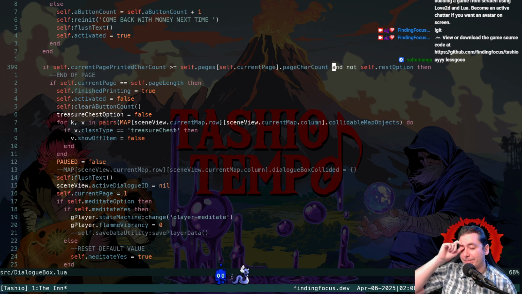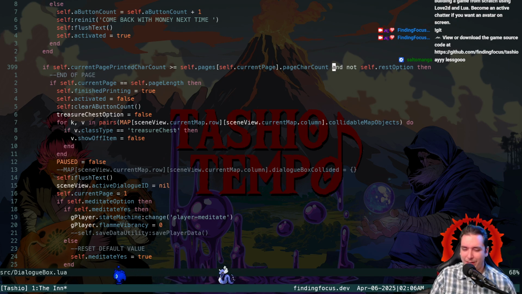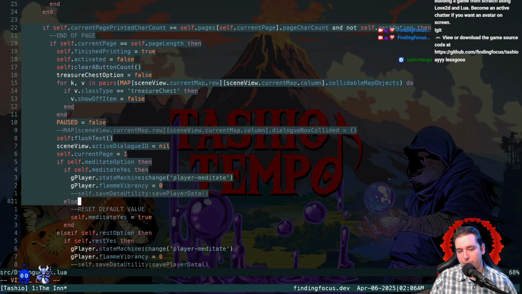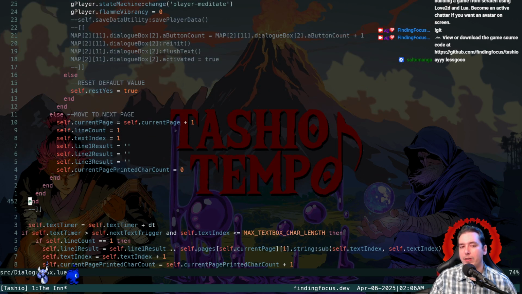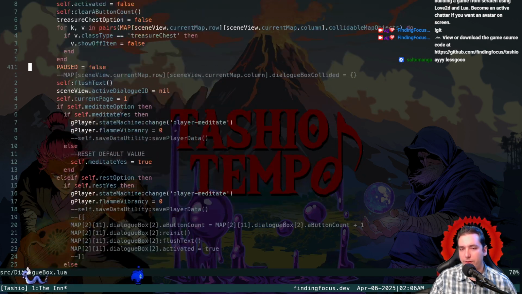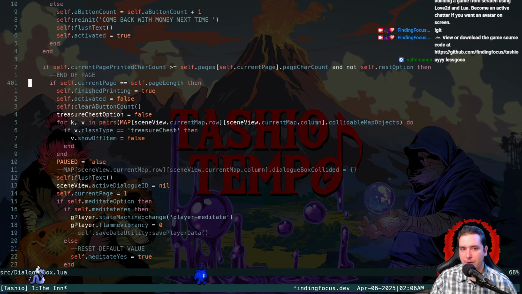It's really weird. We can't just do this. We can't just take it out of here. We could do something nasty and duplicate what's inside this conditional, but only do it if it's a rest option, and then when it's a rest option and it's on the last page, well, that still doesn't fix our problem, because once our init hits,